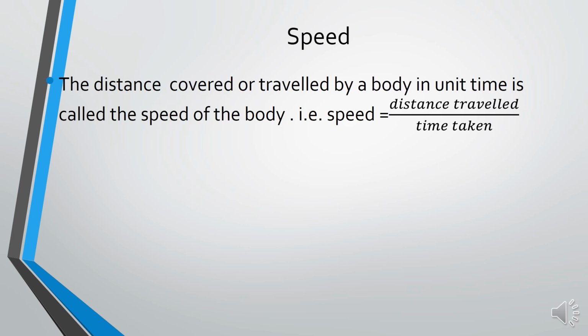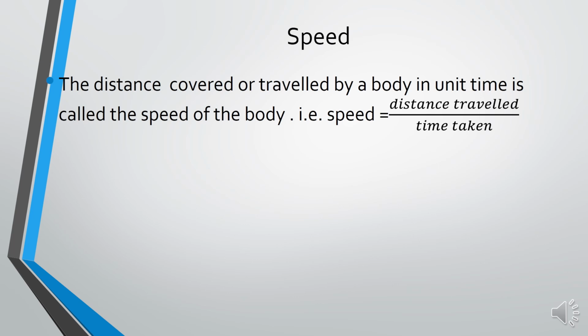Right children? So we see many moving objects around us. To find out which one is moving fast and which one is moving slow, we measure the distance travelled by the different objects in the same time interval. If two boys are running the same distance, whoever covers that distance in less time has the faster speed. Like in a 300-meter race, boy A is running, boy B is running, and the 300-meter race is covered by boy A in 10 seconds, and boy B covers the same distance in 15 seconds. Whose speed is fast? Boy A. So that is not a new word for you.